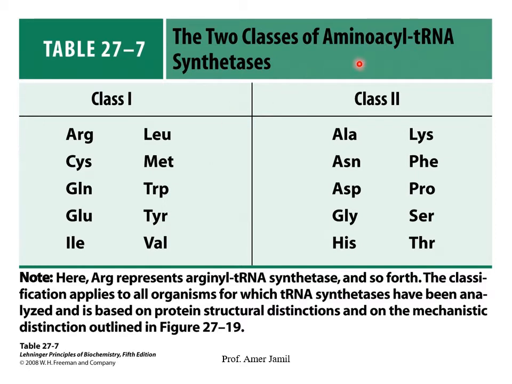So in these amino-acyl transfer RNA synthetases, there are two classes, class 1 and class 2. Class 1 transfers these amino acids and class 2 transfers these amino acids. So if a wrong amino acid is transferred to some anticodon, for example, if the anticodon contains the sequence for methionine and alanine is transferred on the transfer RNA, you can imagine what kind of protein it will make.